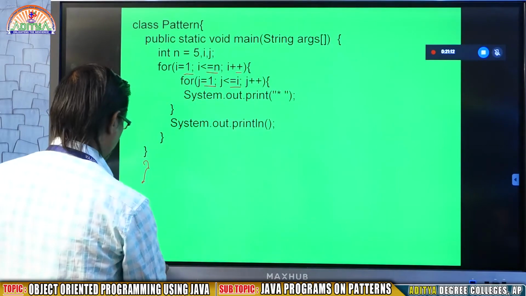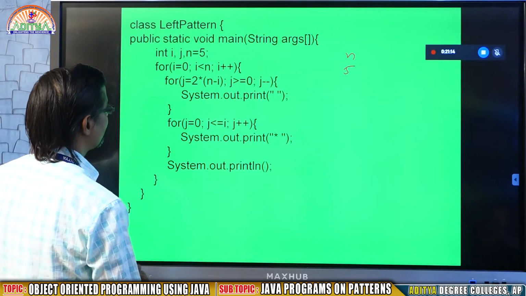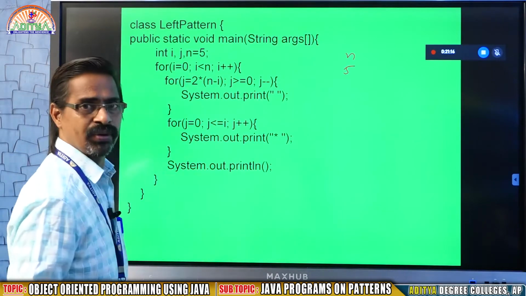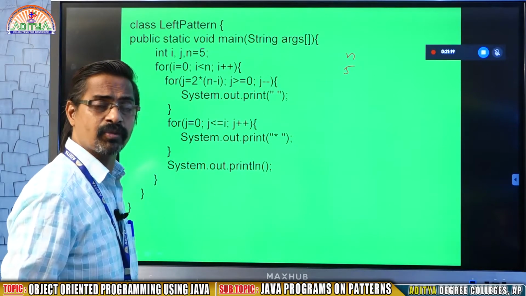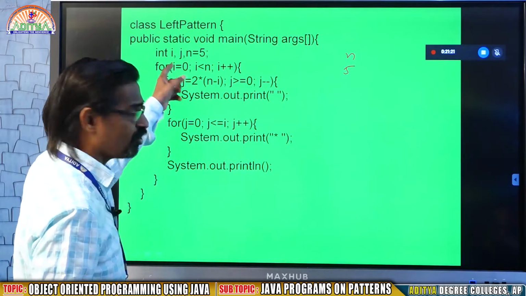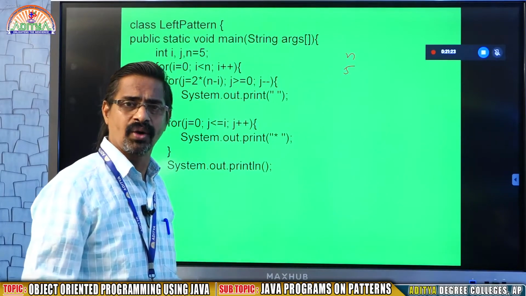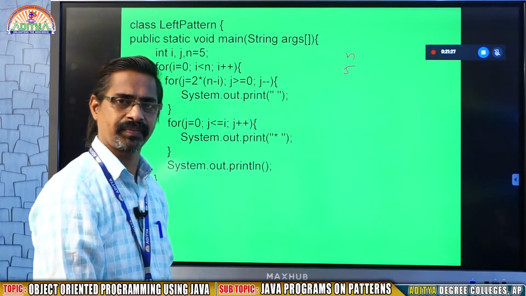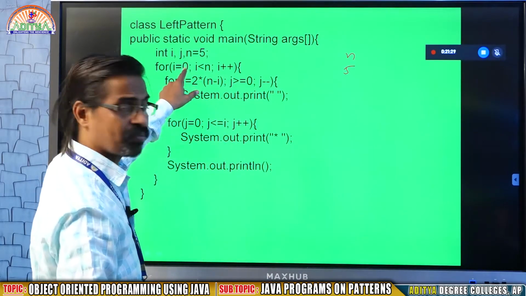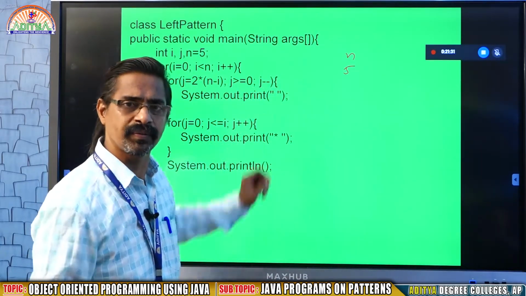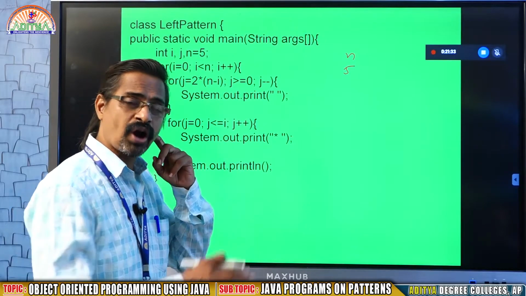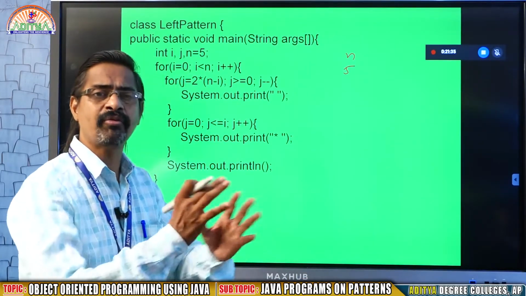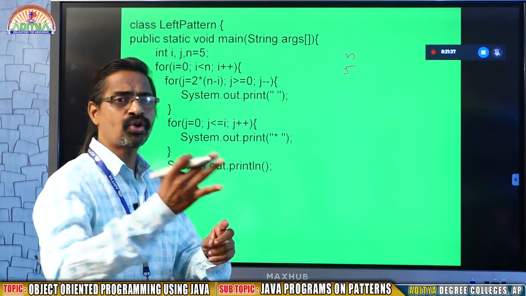In this context, you may see i value 0. Whether i value is 0 or 10 or 20, I don't mind. What I want now is n value 5, so I need 5 rows. If you start from 10, you end at 15, that will be 5. If you start with 2, end with 7, that will be 5. In the previous case, 1 to 5 was used.